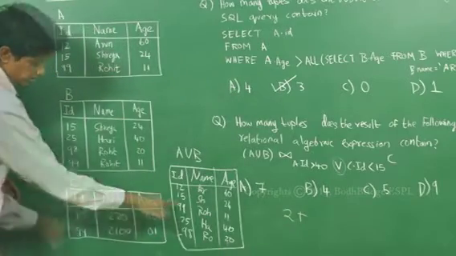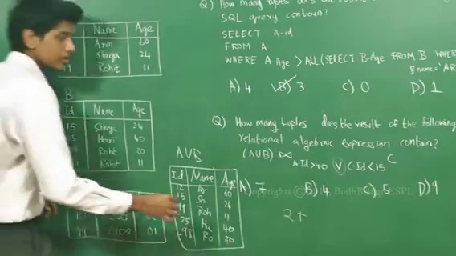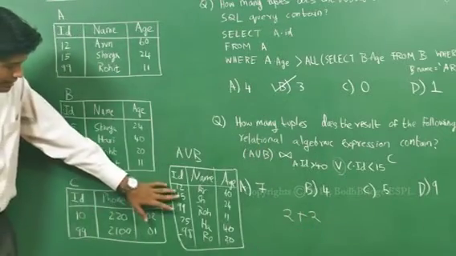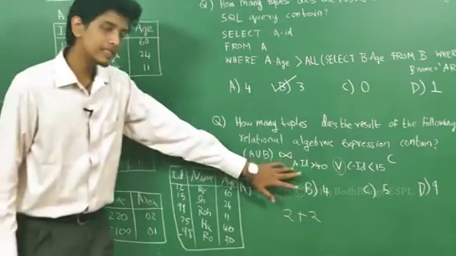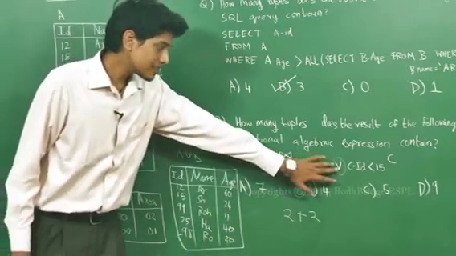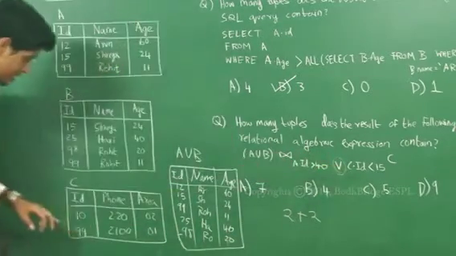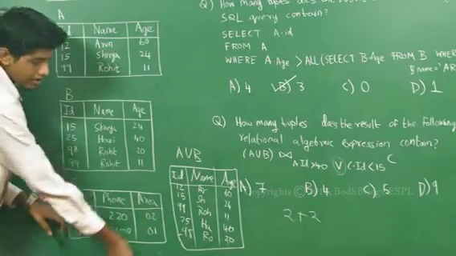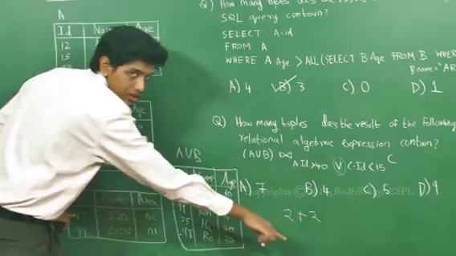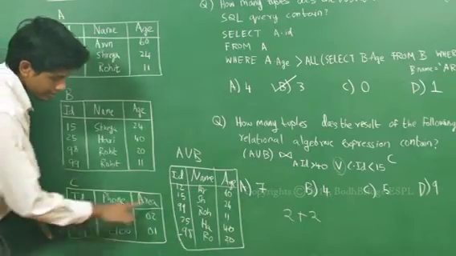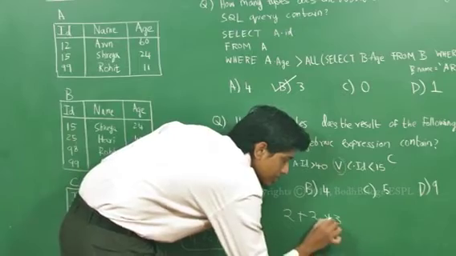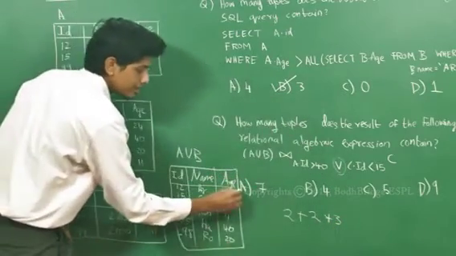Similarly, this row will combine with this row as well as this row. That is another two rows. And for these three rows, a.id is less than 40, so from that it won't happen. The next is, since there is an OR here, c.id less than 15. This row will combine with all the 5 rows. You've already counted this row and this row in the earlier combinations, so it will combine with 1, 2 and 3 more. So 2 plus 2 plus 3 is 7. Therefore option A is the right answer.